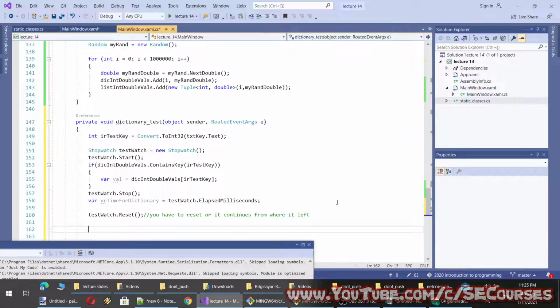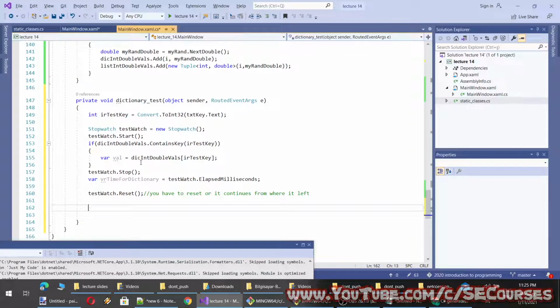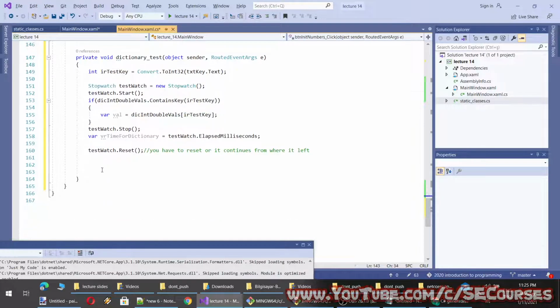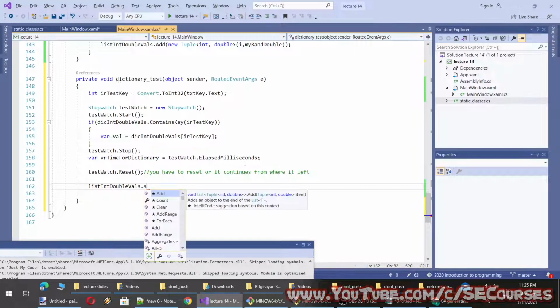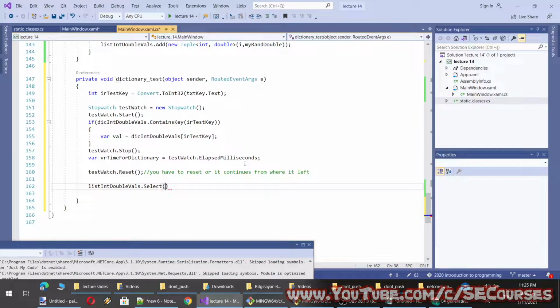Okay. And then we will get this key inside the list. To get it, I can use for or LINQ. So let's use LINQ. I think I need to use var. Here dot item one.